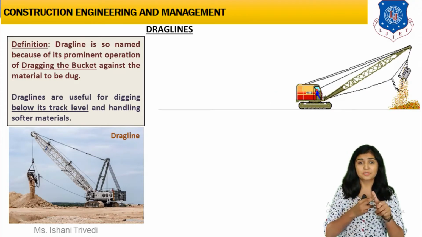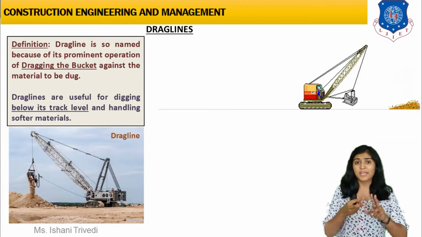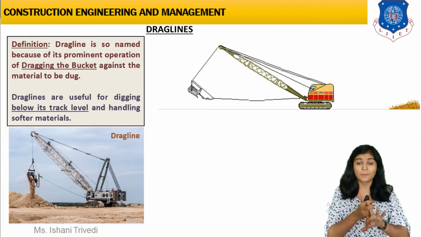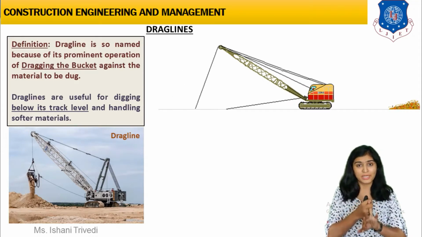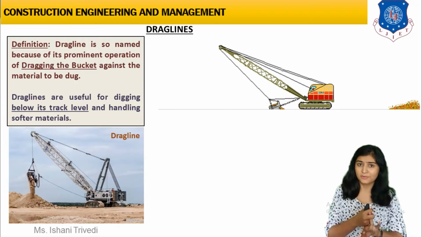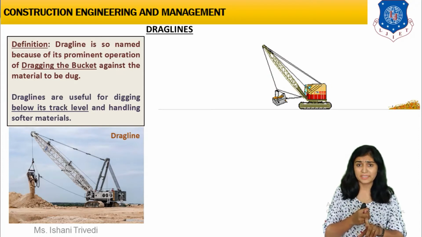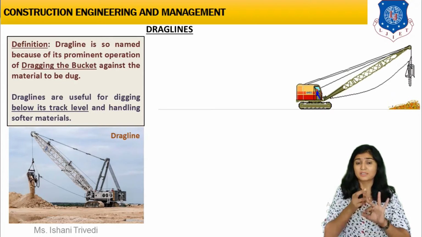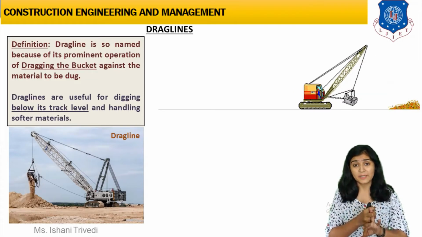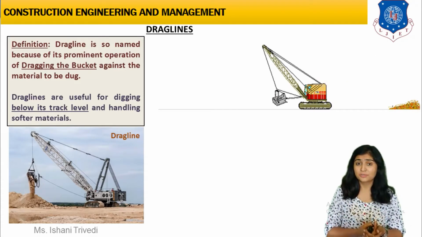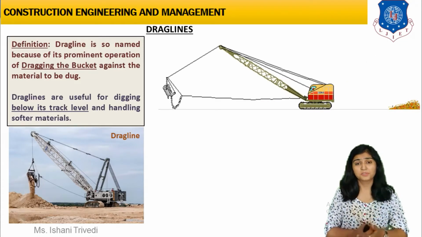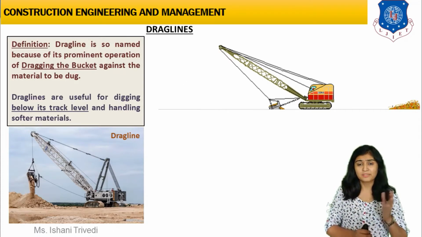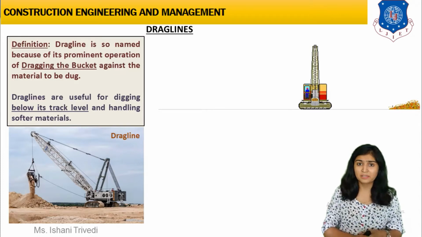Can you see? First of all, it is crawler mounted. We generally have two cases: wheel mounted and crawler mounted. In the drag line, you can also have a truck mounted drag line. So here we can see that it is crawler mounted, it has an operating cabin, and a skilled operator will be staying inside. Also students, we have to discuss the various factors which will be affecting the output and performance of all types of equipment. Some factors will be similar in all types.